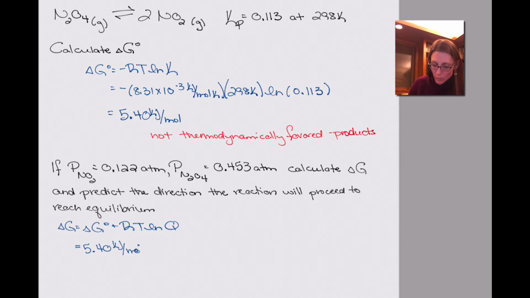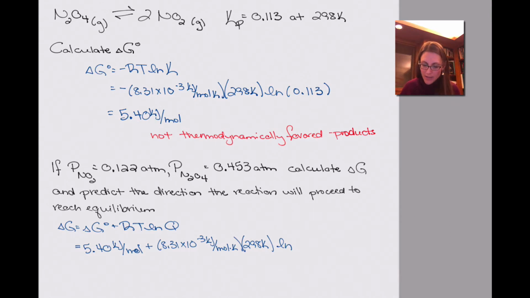Okay, kilojoules per mole. And then R is 8.31 times 10 to the negative third kilojoules per mole Kelvin. That's where my Kelvin comes in. I've got a temperature, at that same temperature, I've got 298. And then I need to take the natural log, and I want to use Q, which again is going to